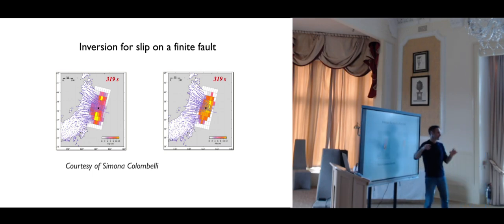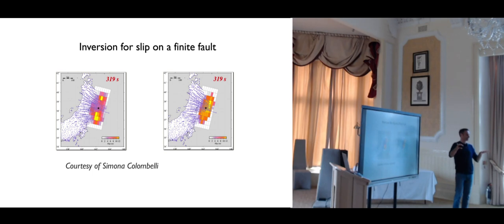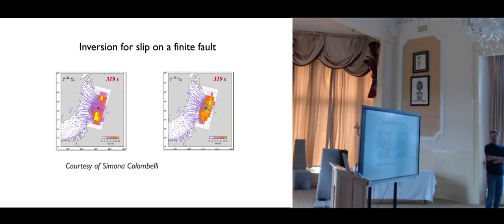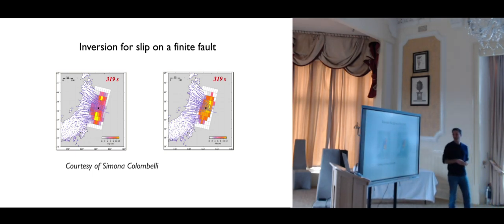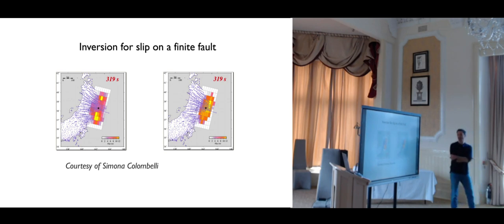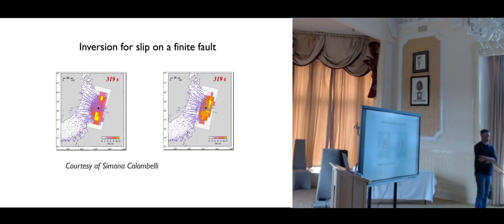Here we have two patches that are rupturing and that are separated. So we have two kinds of earthquakes that are happening at the same time. Whereas here it's a big patch that is slipping alone. So here again, the story that you make about your process, the big Tohoku earthquake, is going to be very dependent on the smoothing.